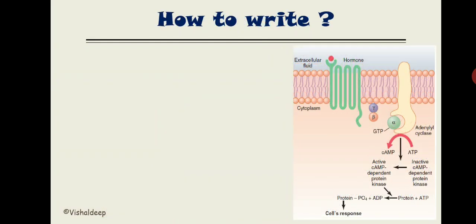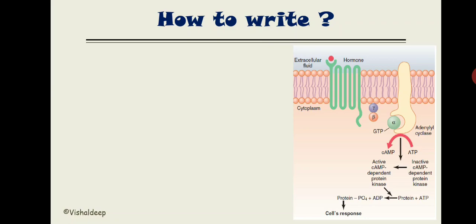Now what will you write down in the exam if this is asked? See, let me give you an example of the GS system and GI system. Epinephrine, as you know, stimulates the heart, and it does this by the beta 1 receptor, which has a G stimulatory action. In the same fashion, ACh, acetylcholine, will inhibit the heart by acting through the GI system. How this action takes place, we are discussing in our subsequent slide.